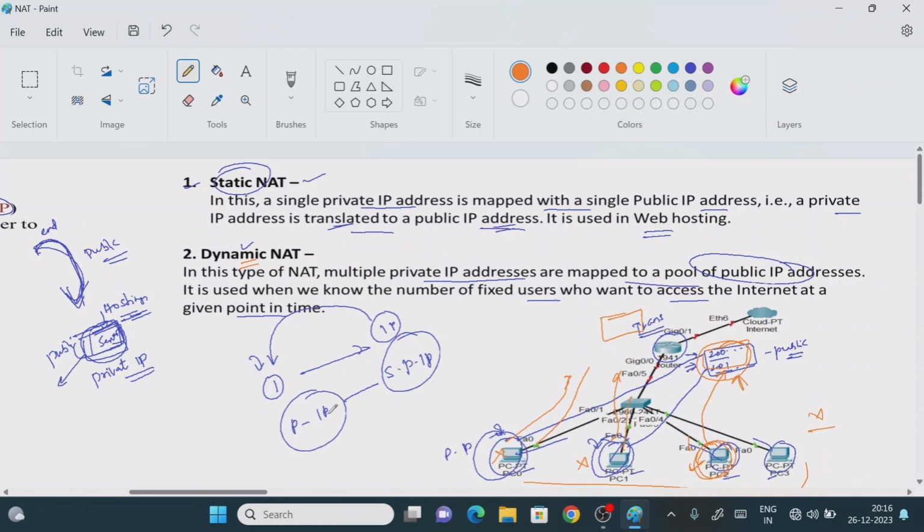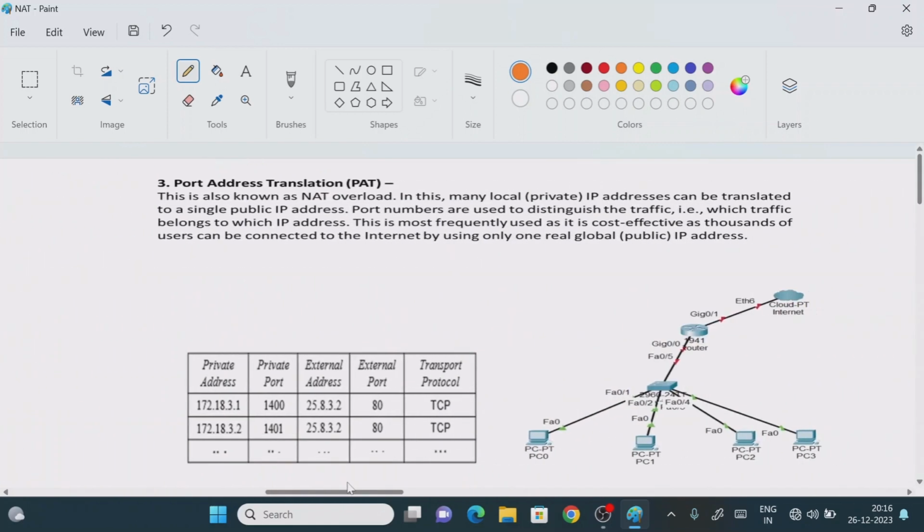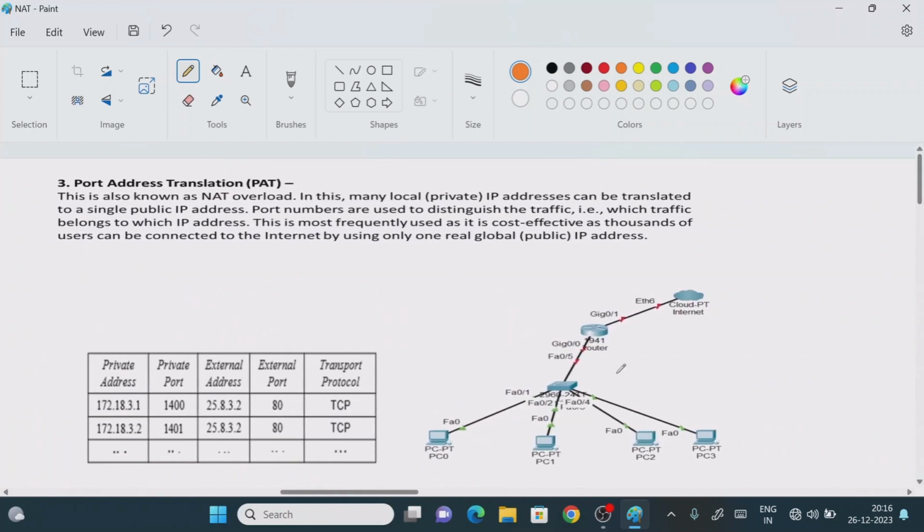In order to overcome this issue, they implemented one more network address translation protocol, which we call port address translation, right? In the TCP/IP layer, we have discussed something called the port address. Each system has a 16-bit port number, so each system has 2 to the power 16 ports, that is 65,535 ports. It means that when you want to communicate from one system to another system,